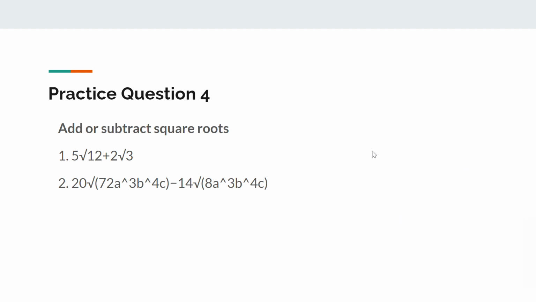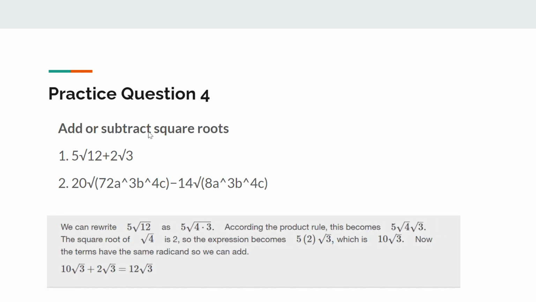Alright, so here's the answer for the first one. We can rewrite 5 times the square root of 12 as 5 times the square root of 4 times 3. The square root of 4 is 2, so we can take that out, and we get 5 times 2 times the square root of 3, which is just 10 times the square root of 3. Now the terms have the same radicand, so we can just add them up. So we get 12 times the square root of 3. And for the second one,